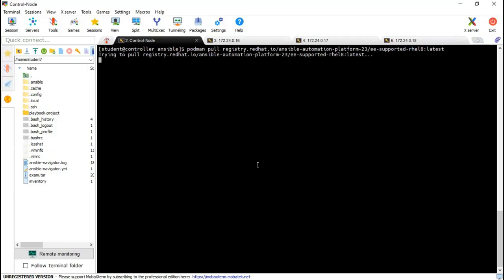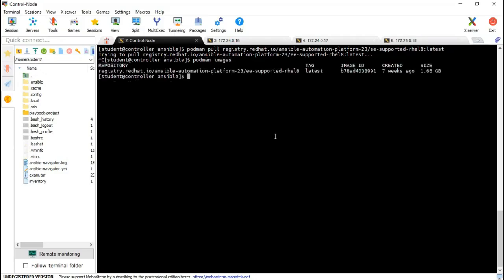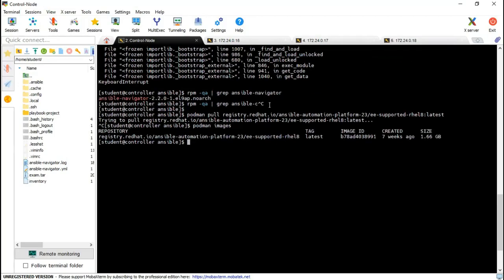The question will be very specific about what you have to use and not use, right? See, this is for our demonstration, but in the exam you have to put the version that matches your ansible-navigator package. If it's 2.2, then you need to pull 2.2.